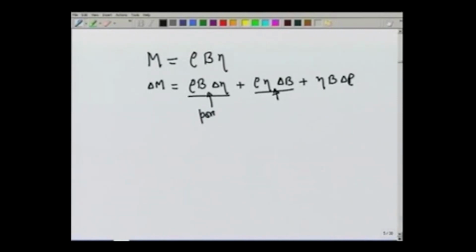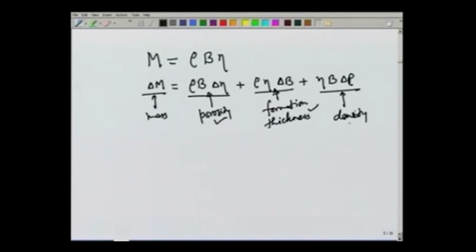So, this is the effect of change in porosity, formation thickness, and density. So, the total change in mass occurs because of change in porosity, change in the formation thickness and change in the density of water. So, we need to evaluate these changes, and for that we introduce a property which is known as compressibility,